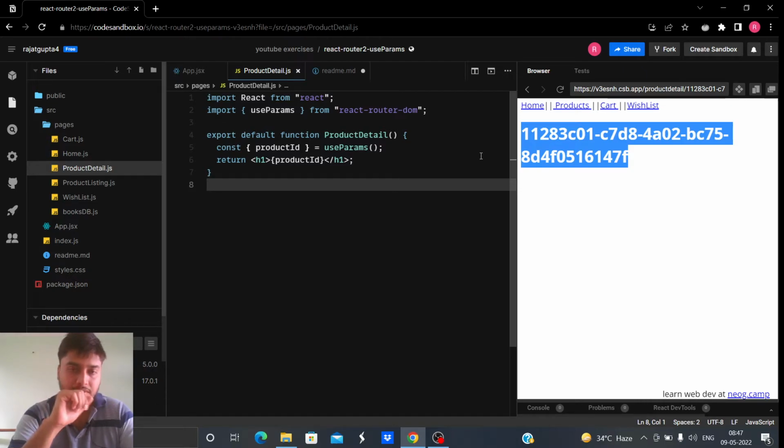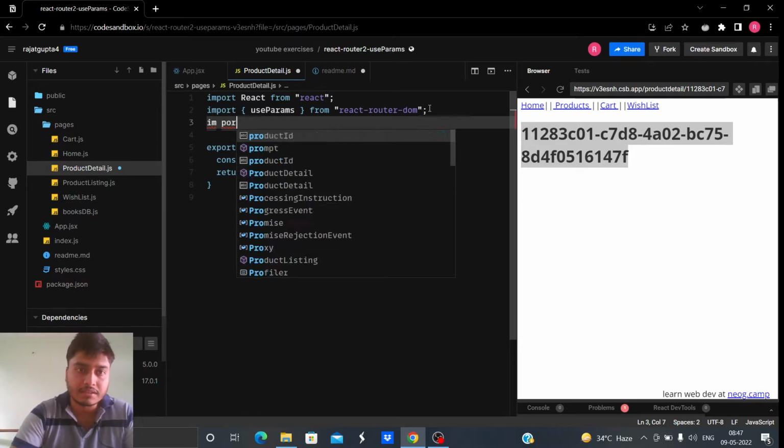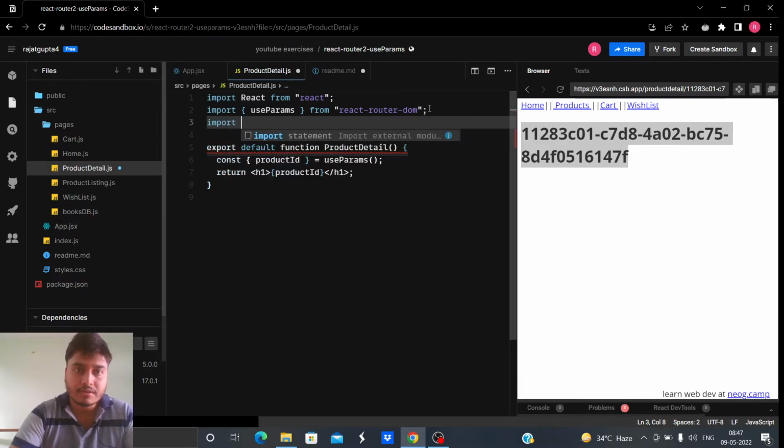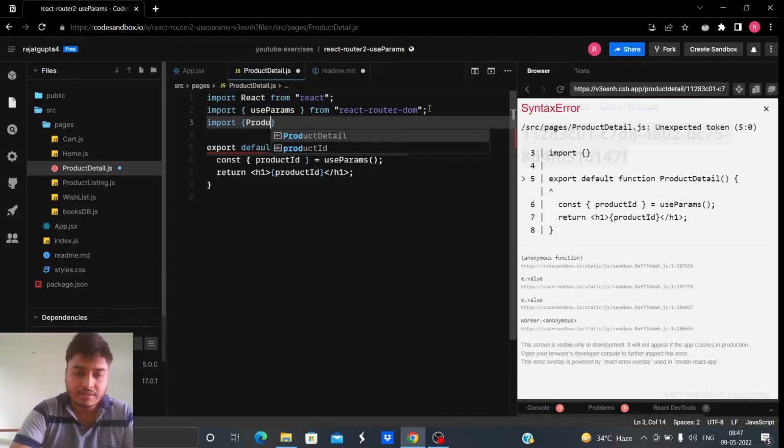Product detail. Okay, let me import product card, and then we'll make this component product card. Just follow where I am going and you will soon understand.